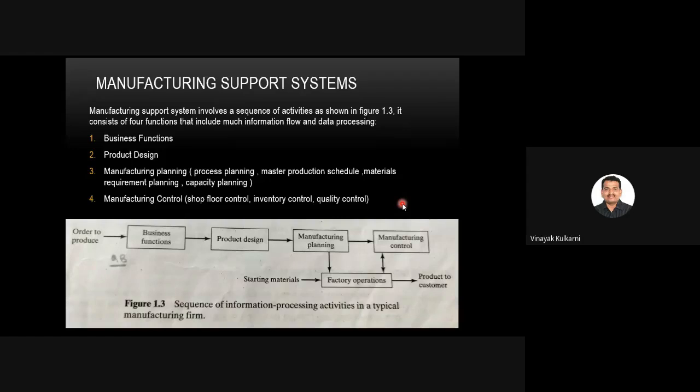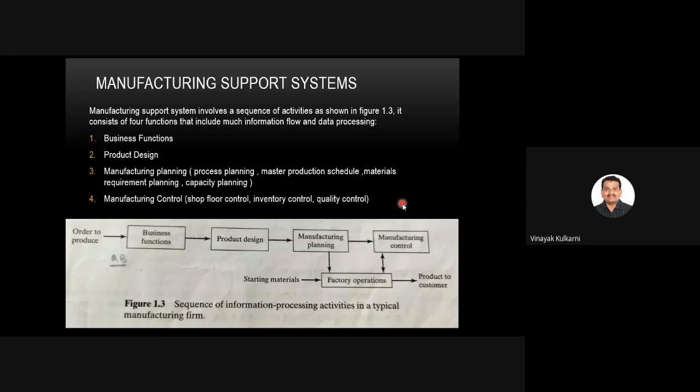So instead of doing all this, if there is a quality check every now and then, within 100 parts, 10 parts are checked. There are a lot of different quality control rules. If it is a very expensive part, each and every part will be checked. If it is a use and throw pen, out of 1,000, 10 are checked. If those 10 are correct, they select the entire lot as good quality and just pass it away. If it is an aircraft part, you can't do it with that because people are traveling. It comes with the lives of the people. So different quality controls are there.